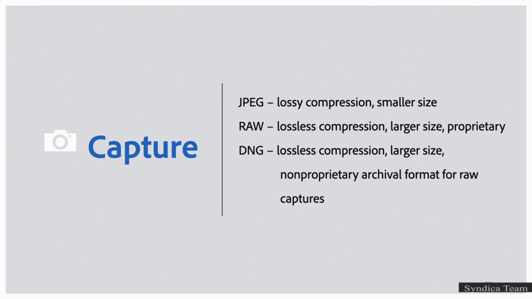When you start with a photograph, the most common file formats are JPEG and RAW. JPEG is currently the most widely used file format in photography because it's the default file format that mobile devices such as phones capture, and it's almost always an option on a digital camera. Its popularity is based primarily on the fact that JPEG files are really small, so you can store a large number of photos on a single device or a card, and they can be written to those devices very quickly.